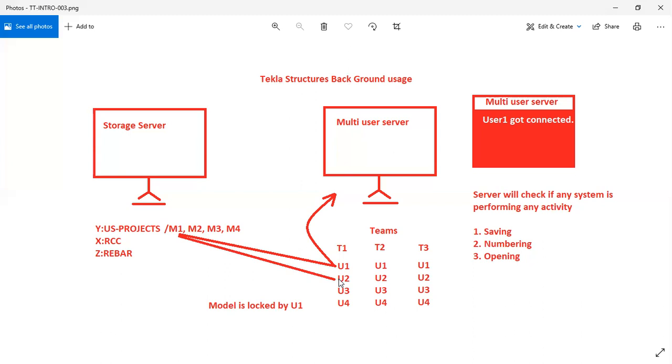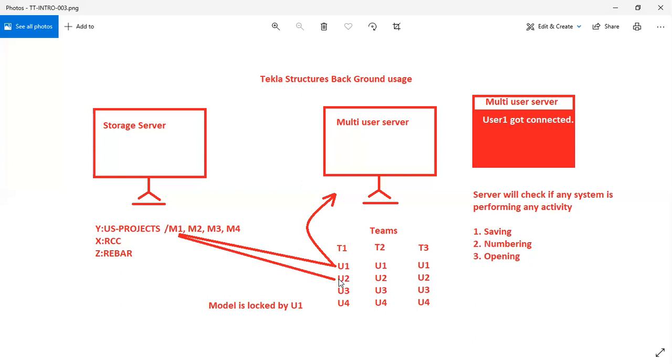Generally in a company, when you are getting into the office and starting your model, that is the time you will face this issue and need to coordinate with each other. Like, I'm opening the model, so you have to stop. Once my opening process is completed, then you can open. So you have to manually coordinate with all the members whenever you are opening the model. So that is the process.